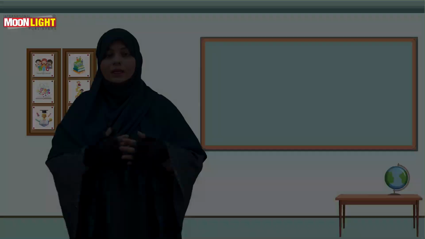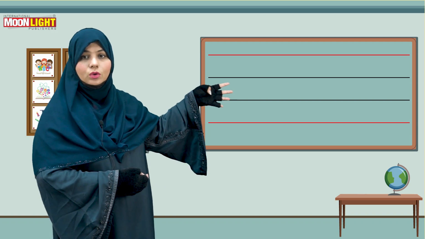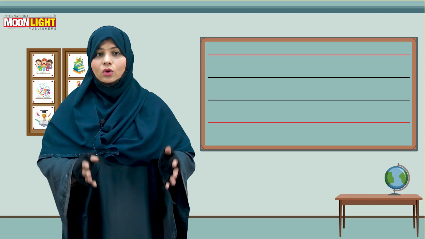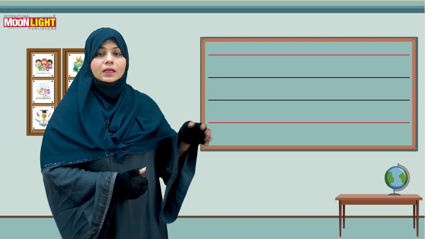My dear fellows and friends, today we are going to learn how to write alphabet. Yes, today our topic is writing of alphabet from A to Z, capital and small letters. Yes, kids. Earlier I have told you that there are 4 lines on your workbook, on your book. You have to write all the alphabet in 4 lines. Yes, today I will tell you how to write alphabet in these lines.